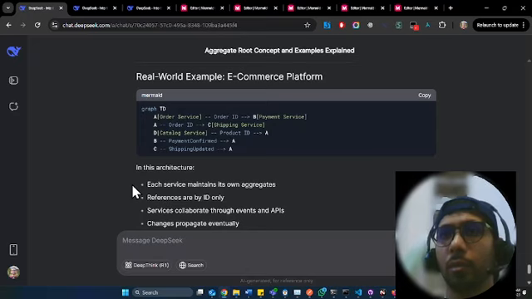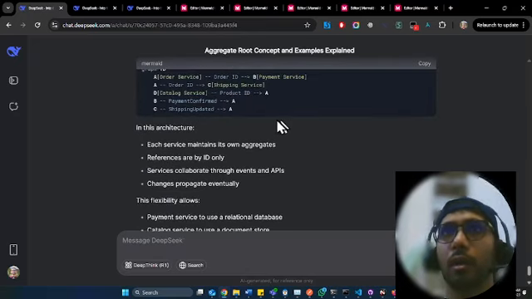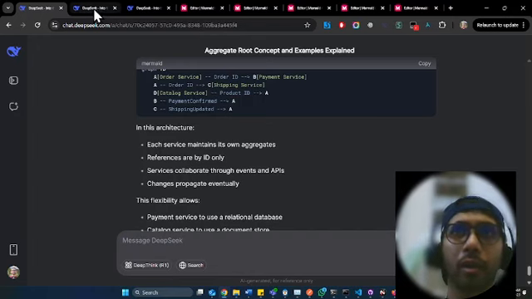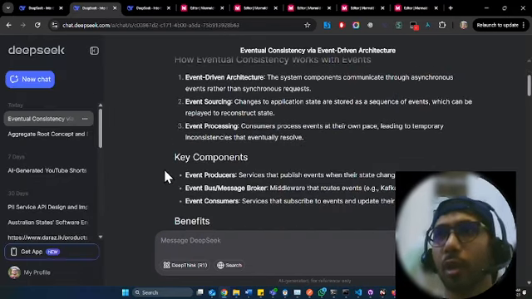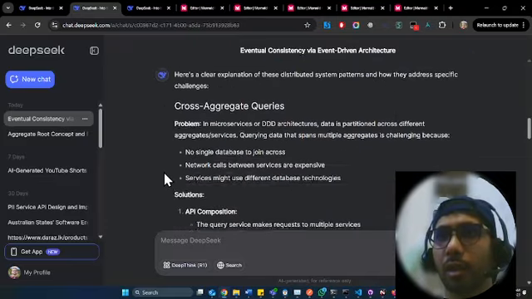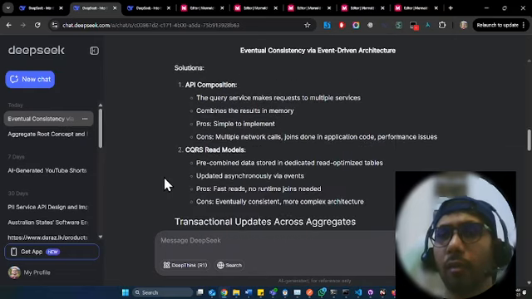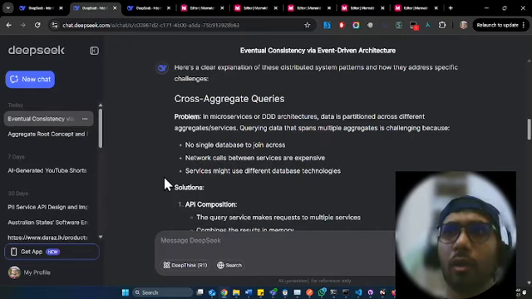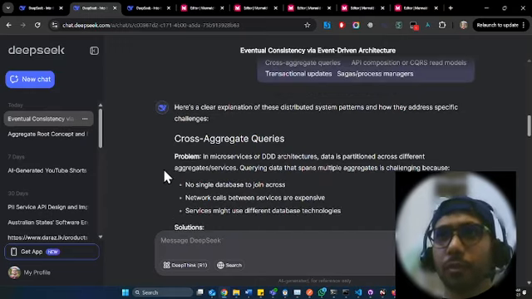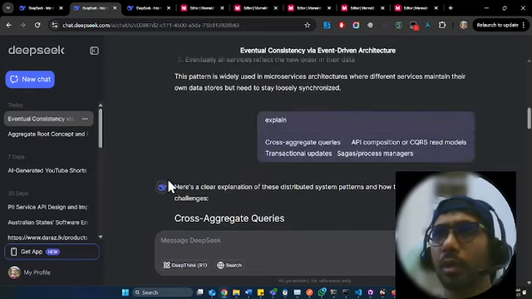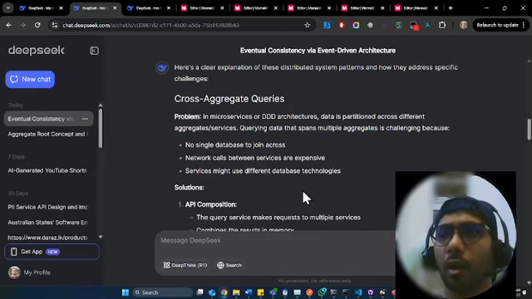These are some important things behind the aggregate root concept. So we talked about eventual consistency, and let's talk a little bit about cross aggregate queries. So if you talk about cross aggregate queries and transactional updates, in this context,